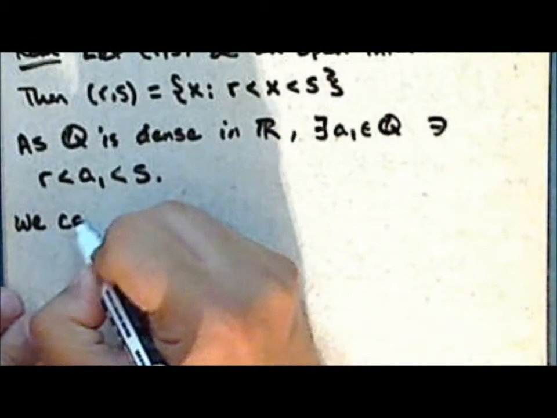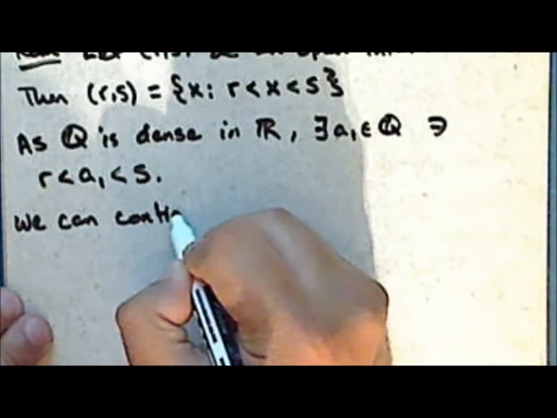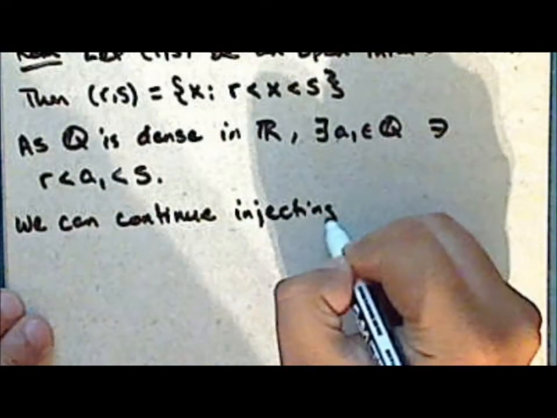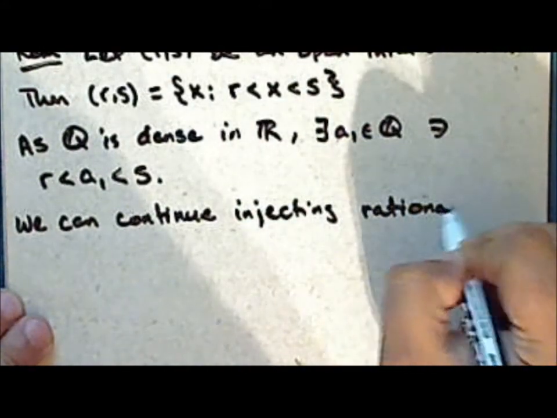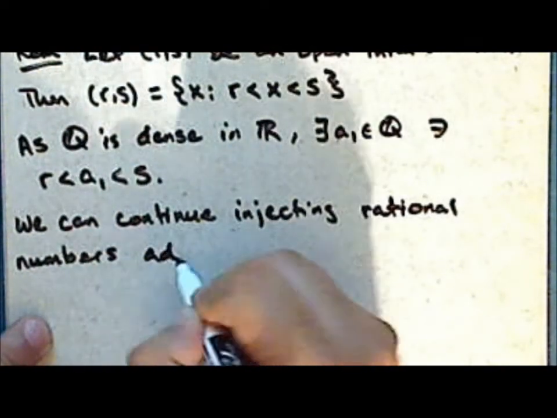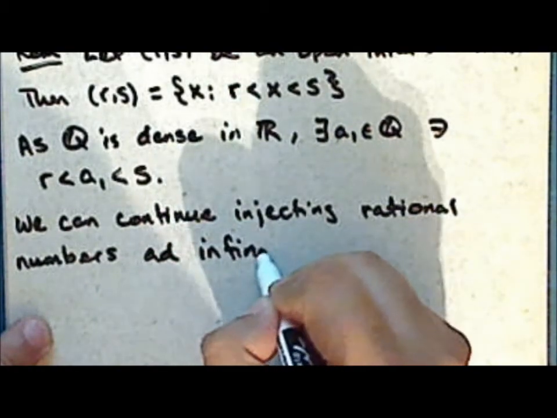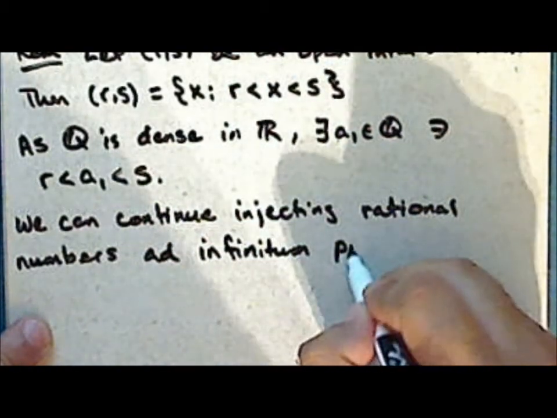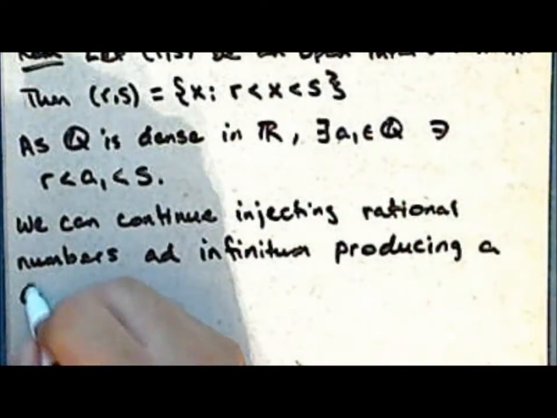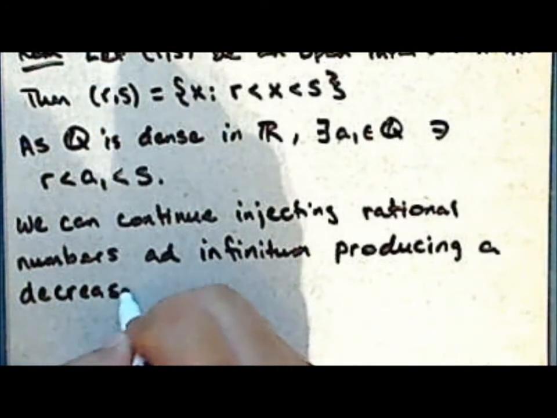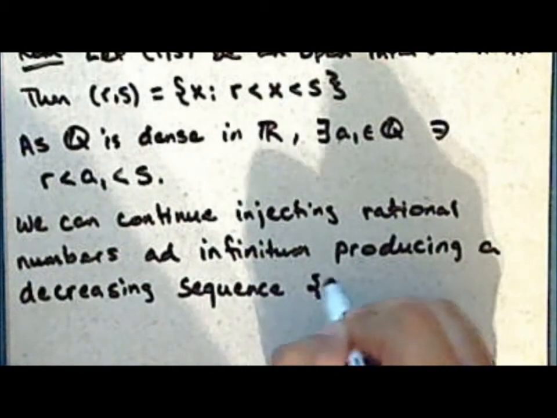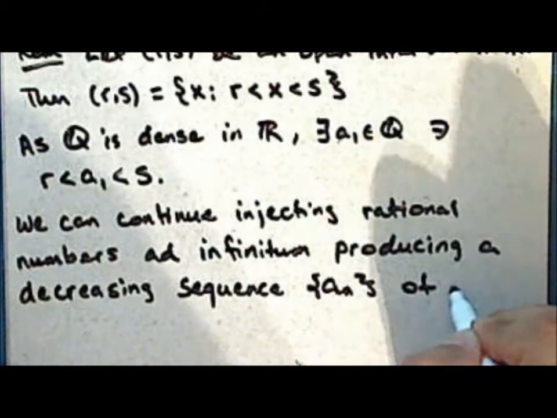We can continue injecting rational numbers ad infinitum, producing a decreasing sequence of rational numbers